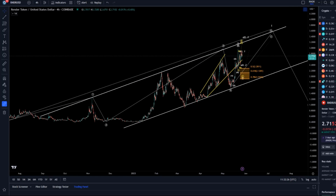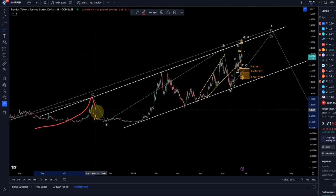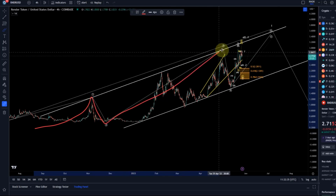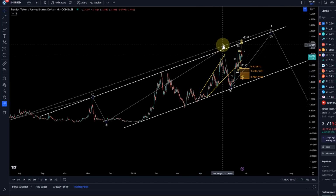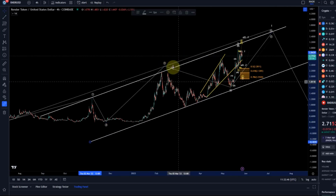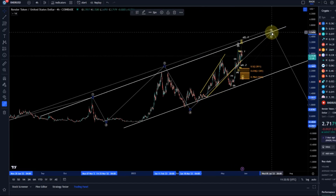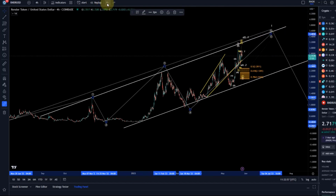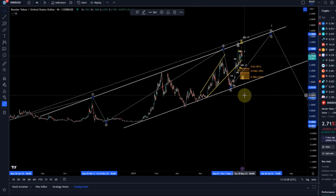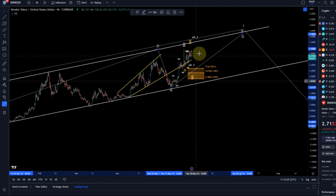I'm watching this as a leading diagonal, a wave 1 here in 22 in November, wave 2 down, all of this, a large wave 3, a wave 4 down, and now the wave 5 to the upside. Alternatively, it could be that the third wave was sitting here. The fourth wave was sitting here. And all of this is still part of the wave 5. So, it doesn't make a great difference. I think we are still in the diagonal pattern. I don't think we have finished it yet. So either we are here sort of in the last leg of the wave 5 or,